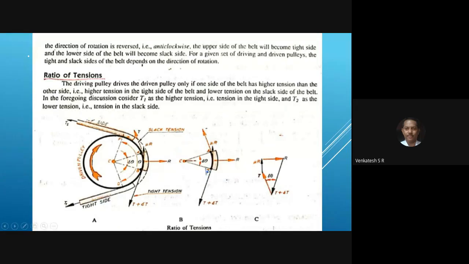Next, write down the modified or enlarged diagram. Write down like this, C. Draw two angled lines. Mention this is delta theta. Mention this is point A and B, the same thing here, A, B. Center, show the arrow mark. Mention this is R, and this is mu into R. This line from point B, mention T plus delta T.